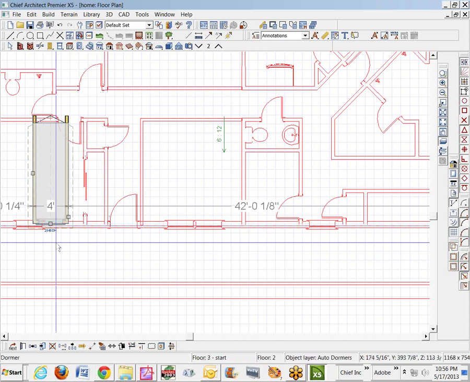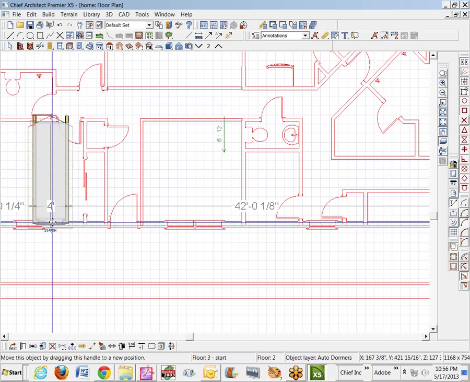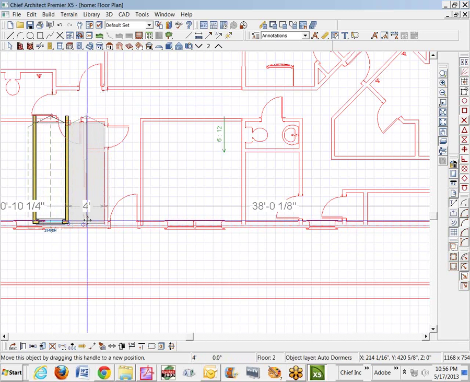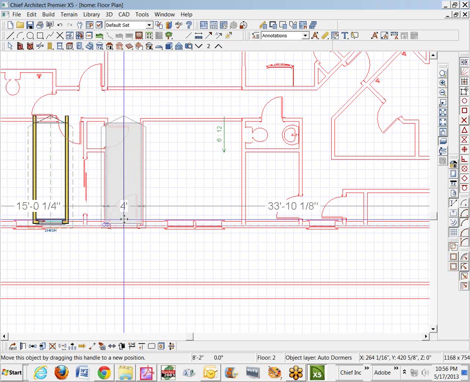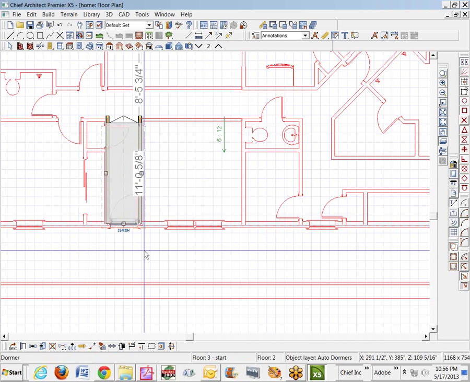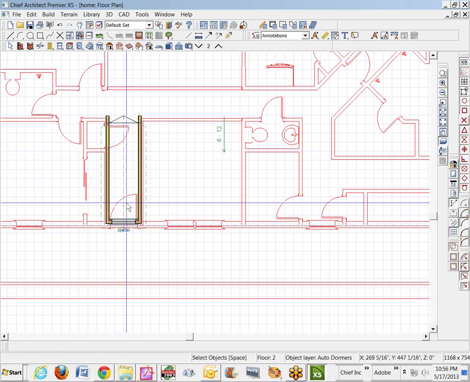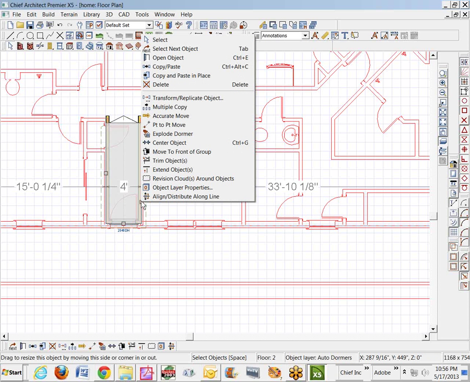And I was going to use the arrow keys, but you can't use arrow keys in any Home Designer program, so I'll just drag it over there. That's what you'll have to do. That's over the front door. Now I'm going to click on this and